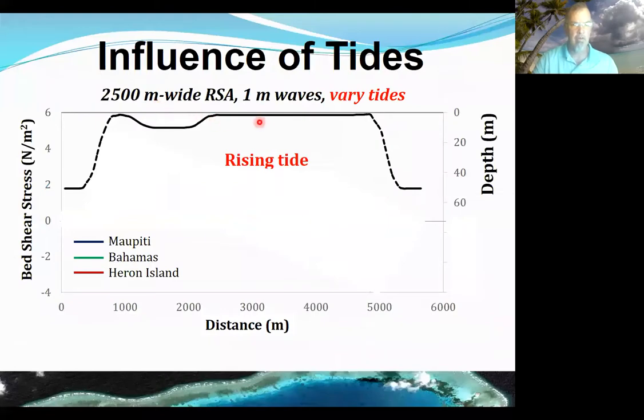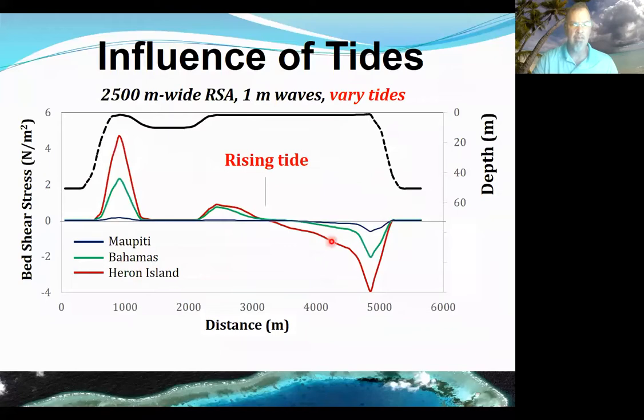Let's consider this extra wide, 2,500 meter wide reef sand apron. Here's a bathymetric profile with 1 meter waves. And let's look at what happens as we vary the tides, so different tidal amplitudes. Again, Malpiti is about 20 centimeters, Bahamas a meter, Heron Island about 3 meters, 2.9 meters I think, in the scenario that I modeled. And during rising tide, what you see here is that, again, not surprisingly, with low tidal